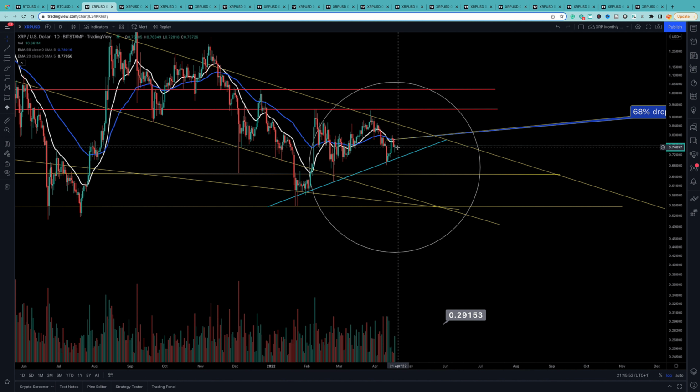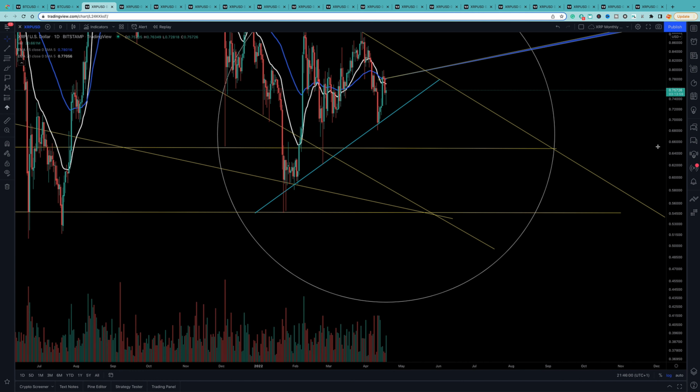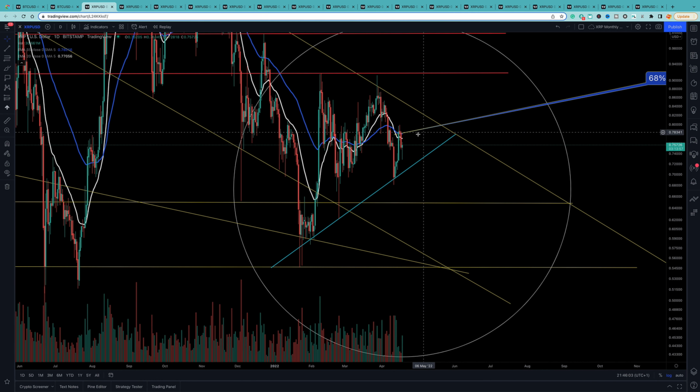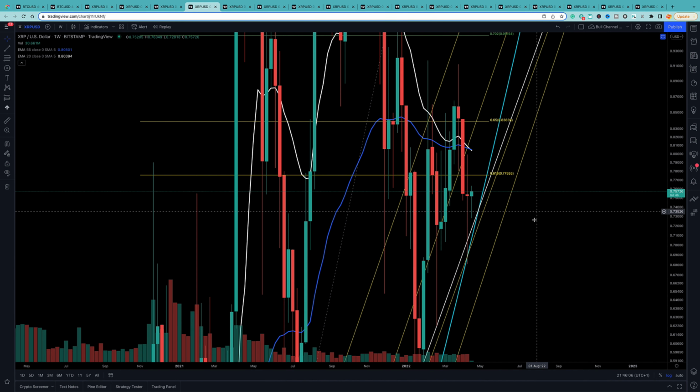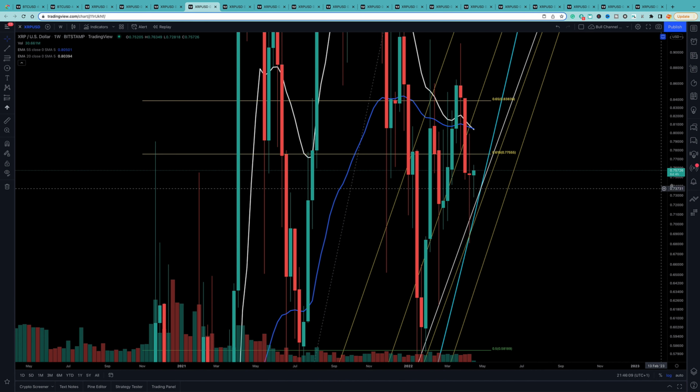So I'm looking to see, in the next day or two, is it going to break this, or are we going to have the lift up? It's hard to tell. I would think it's going for a final lift, but the daily is spilling, and then equally the weekly has just crossed over. So now